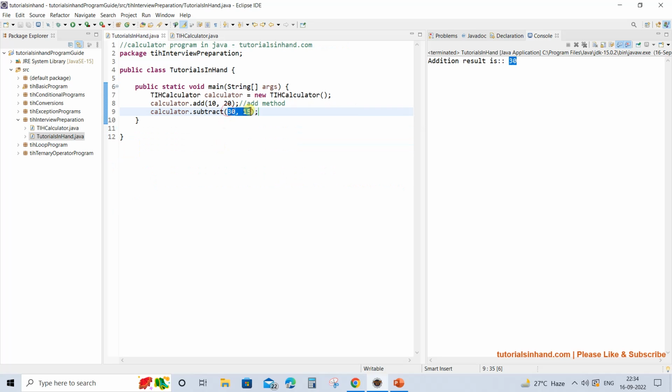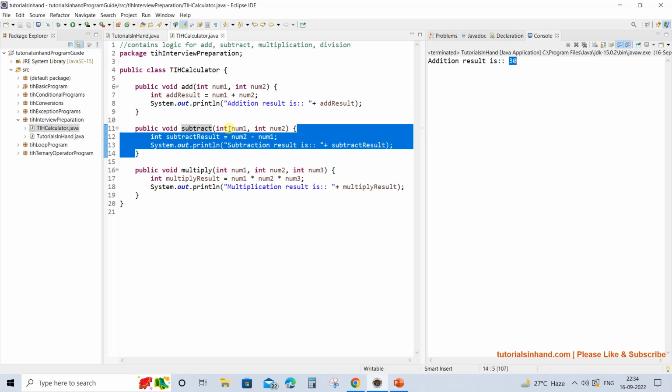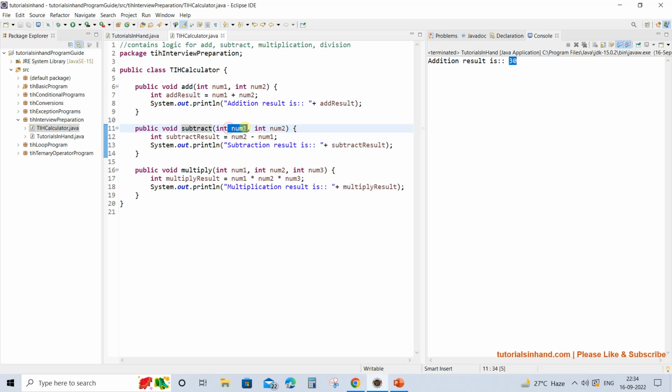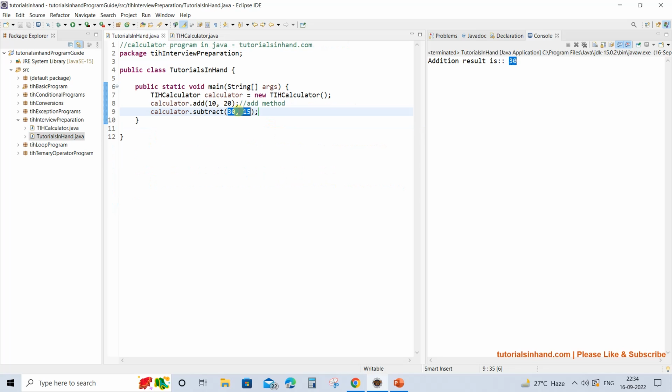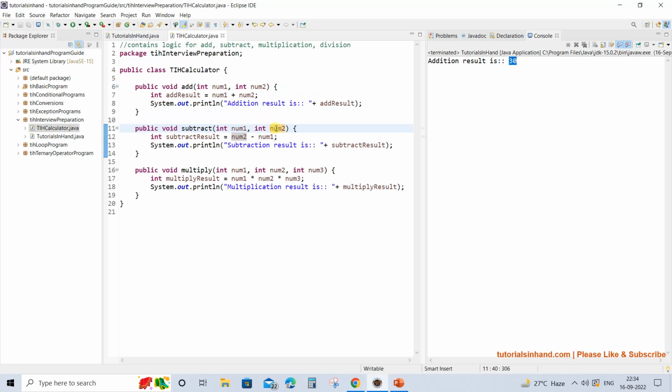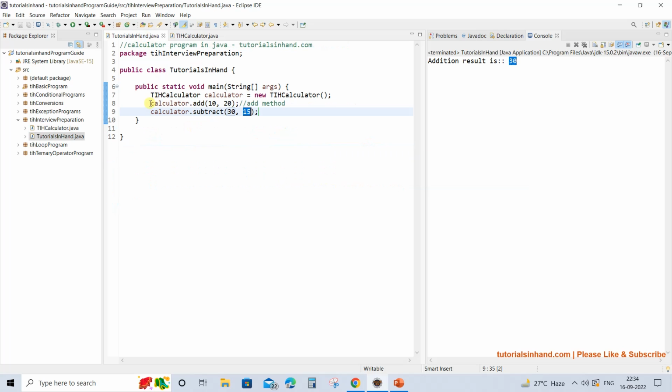It will take you to the place which is getting called. So this is the method which is getting called, and you are passing two parameters, 30 and 15, and then 30 is going to get stored in num1 and 15 is going to get stored in the num2 parameter, and then we will subtract 30 with 15 and get the result, and the result will get printed at this place.